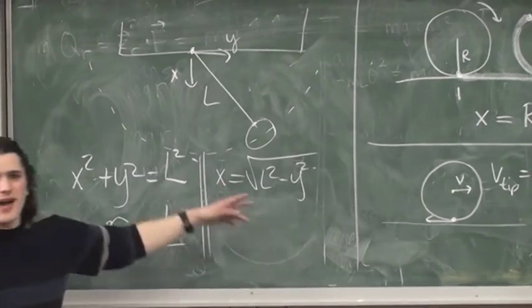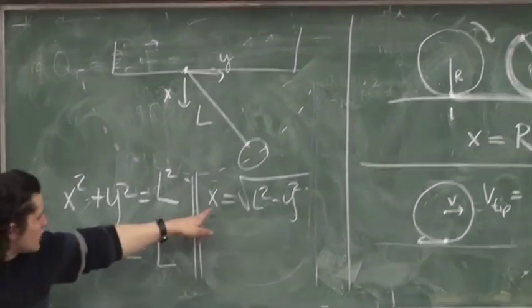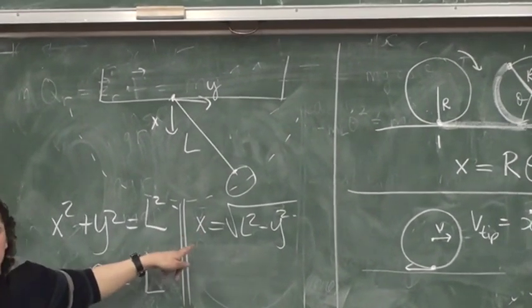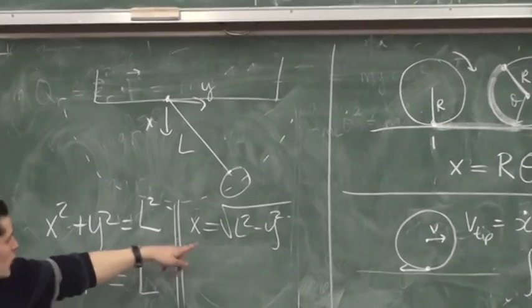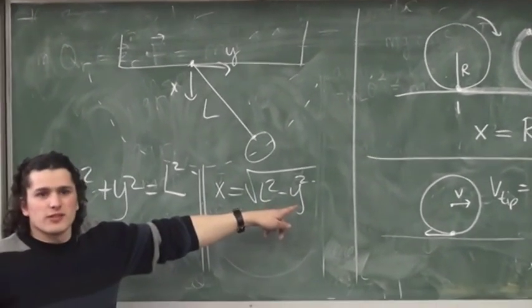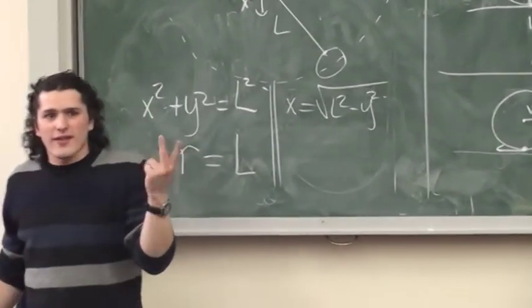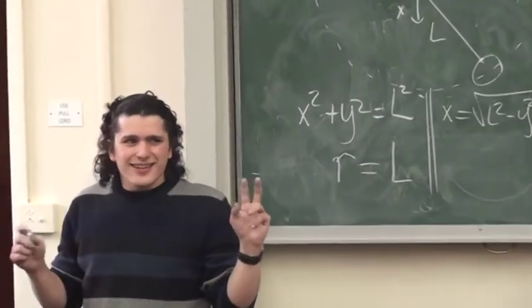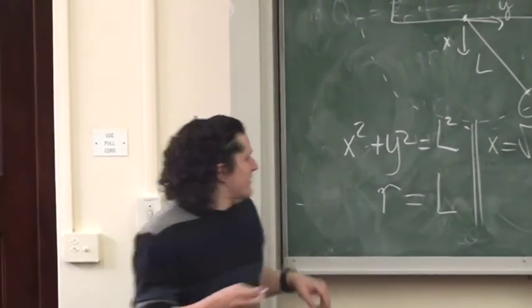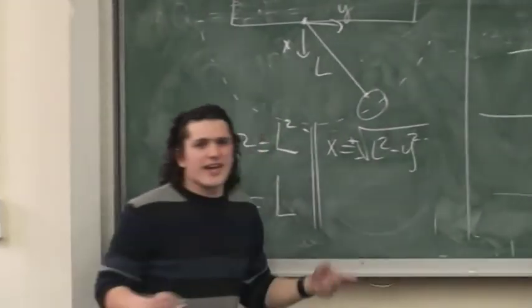That's my taking across. But actually, this only applies locally. It'll work for both positive and negative y, won't it? So there are two different values of y that will give me the same answer there. And this is plus or minus as well. So it actually is two